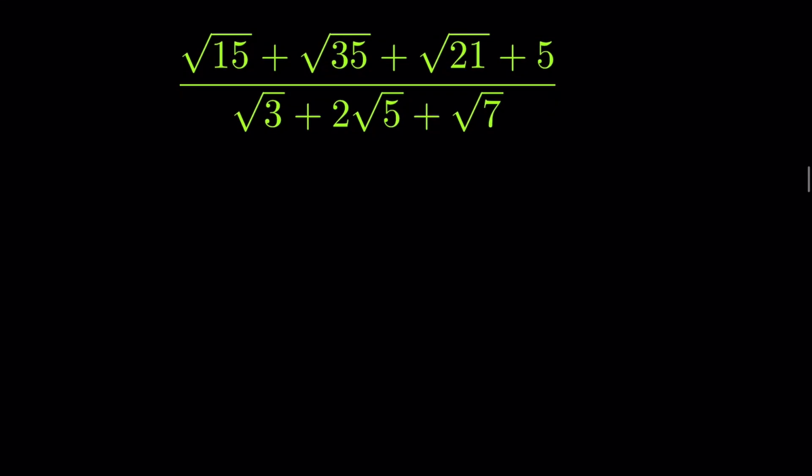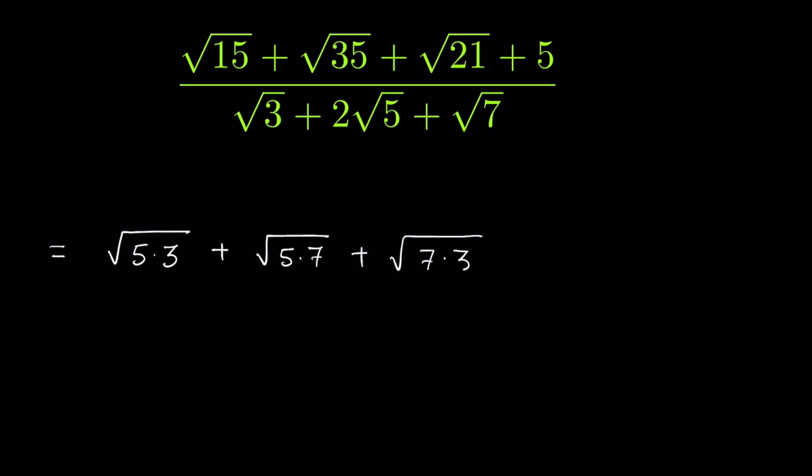Square root of 15 plus square root of 35 plus square root of 21 plus 5, upon square root of 3 plus 2 times square root of 5 plus square root of 7. Let's solve it. Square root of 15 we can write as square root of 5 times 3, plus square root of 35 as square root of 5 times 7, plus square root of 21 as square root of 7 times 3,